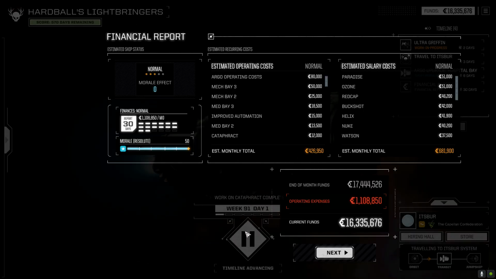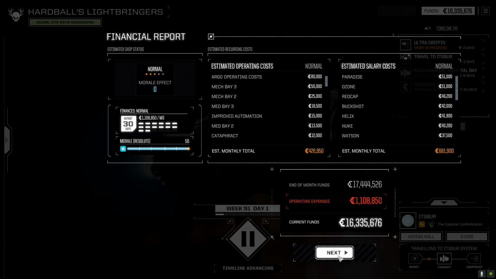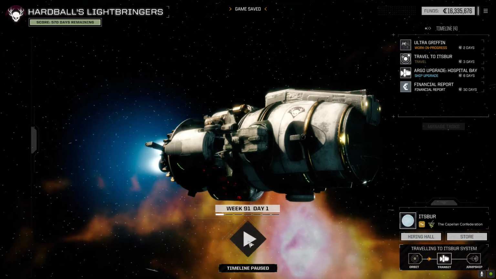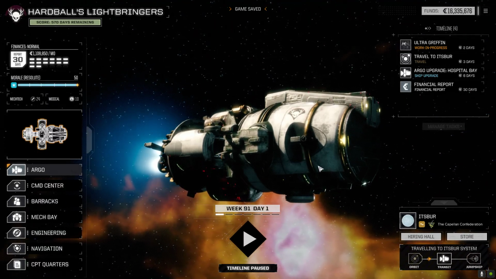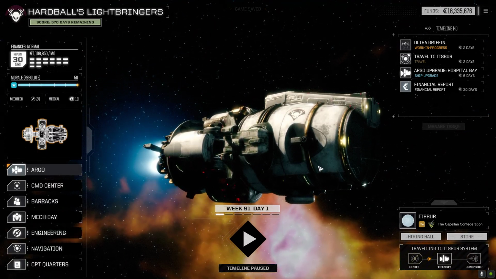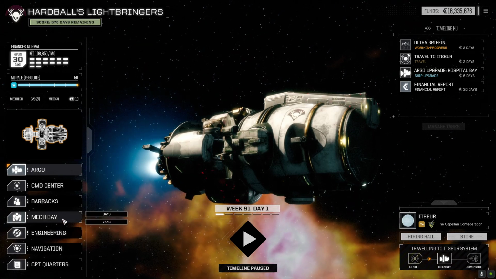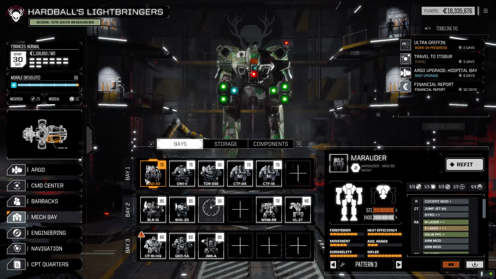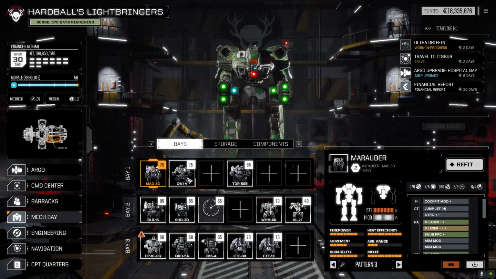I've got the financial report. That was a nice picture, I think, with all the starships flying around. Okay, our bank account is emptying itself. Sorry, so there we go. Oh no, 3 more days. But we are going to, yeah. You go here, you go there, so